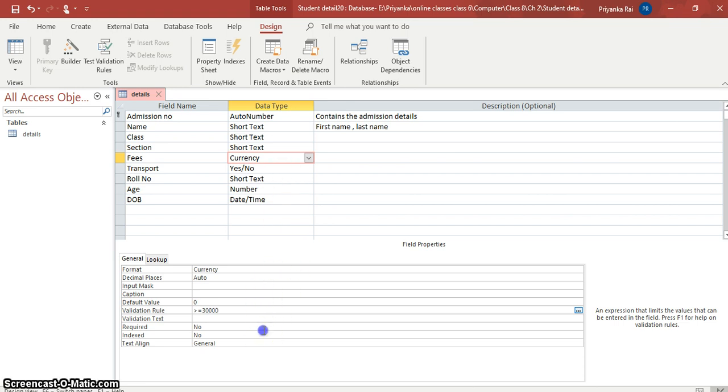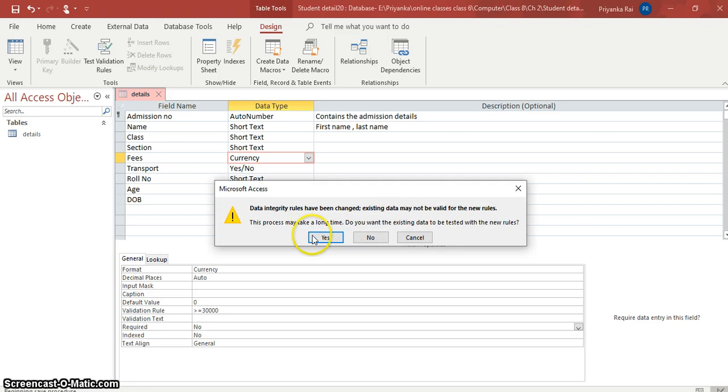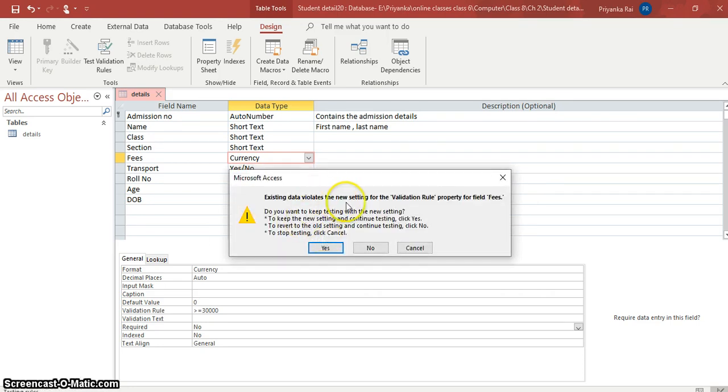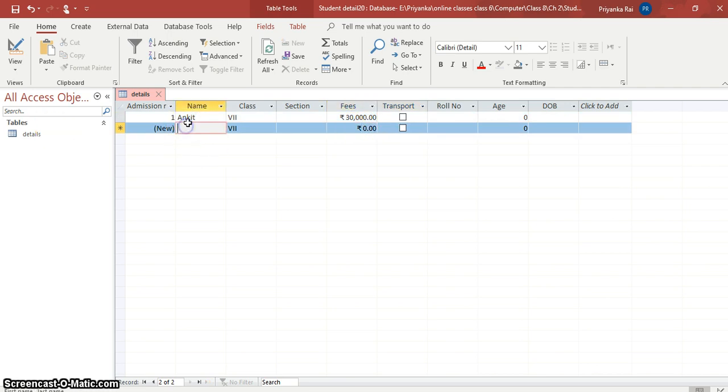Now what will happen? Let us check this in depth. So this is the fees column. Now I am writing here 30,000. It will accept. Now first I have to fill the detail because we cannot leave the primary key vacant. So I am writing a name.